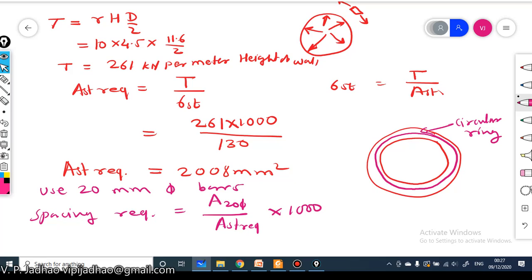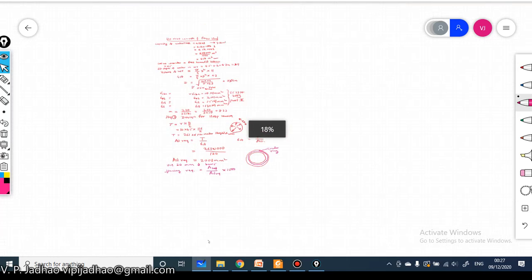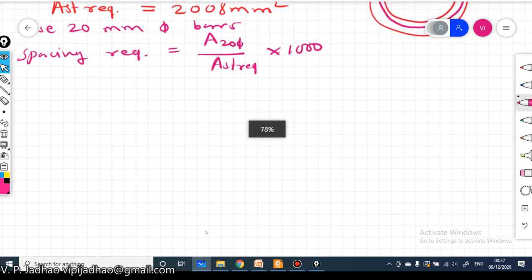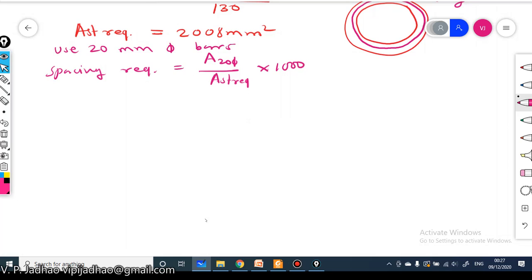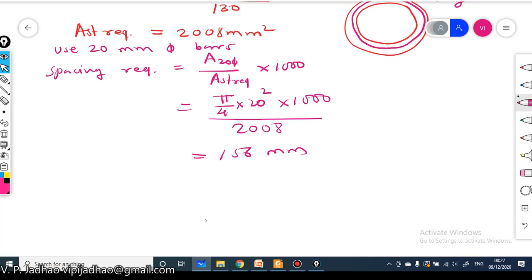Putting the values, spacing required is equal to pi by 4 into 20 square multiplied by 1000 divided by the area of steel required, that was 2008. So we get a spacing of 156 mm, and hence provide